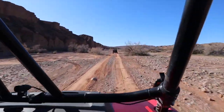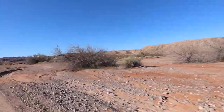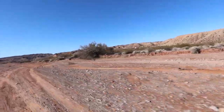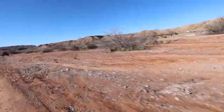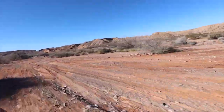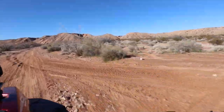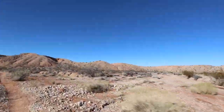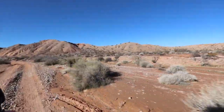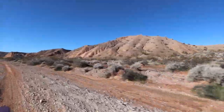When we came back, I think we noticed a couple people over there. You can maybe see in the distance the little box where the shooting range is. You just pull your truck up, set up a little table, and shoot into that dirt area. So this is the little trial that we're doing with him right now, where we go out with him to the drop-off location, and he's just making sure that we're not a bunch of